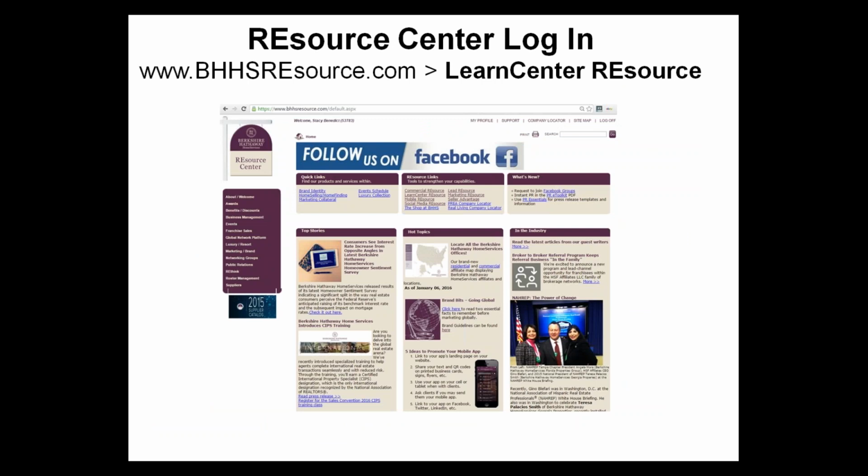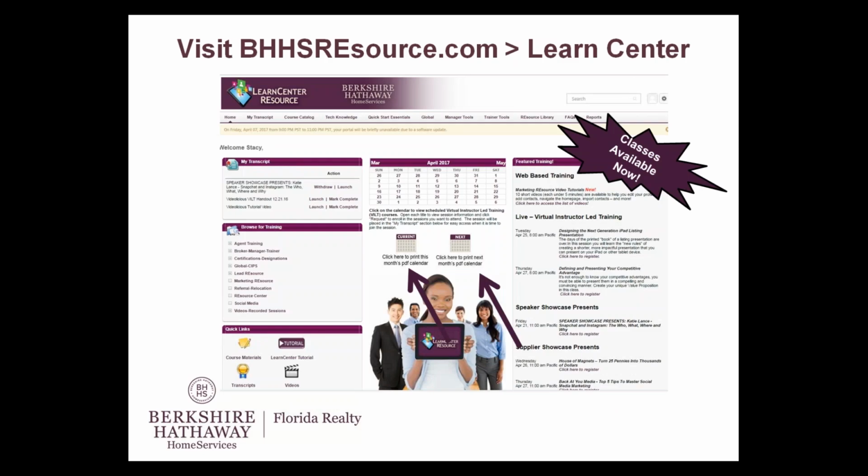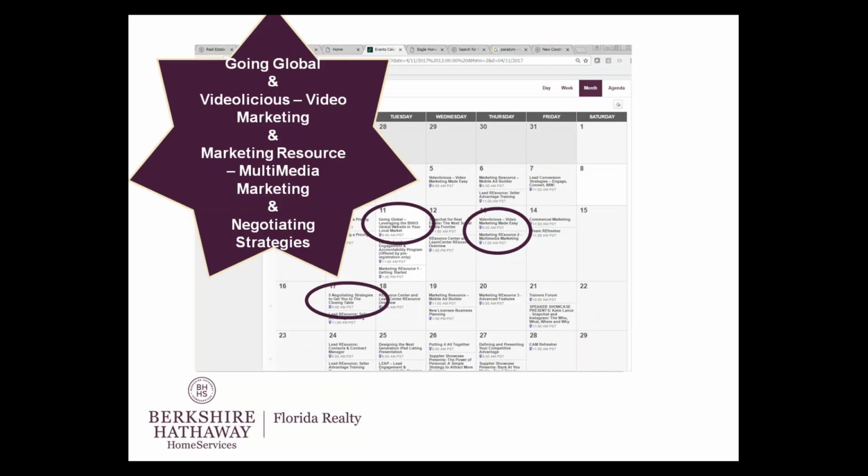Now, we went over a lot of information today, but we're not done. We're almost done. But one of the most important things that I like to take advantage of is the Learn Center resource. Learn Center resource, again, is on a quick link off the homepage of bhhsresource.com. Click on Learn Center resource, and it takes you to the monthly calendar of all the classes that are available from a network standpoint. All you need to do is click on one of the days. It brings you to that calendar for that month,